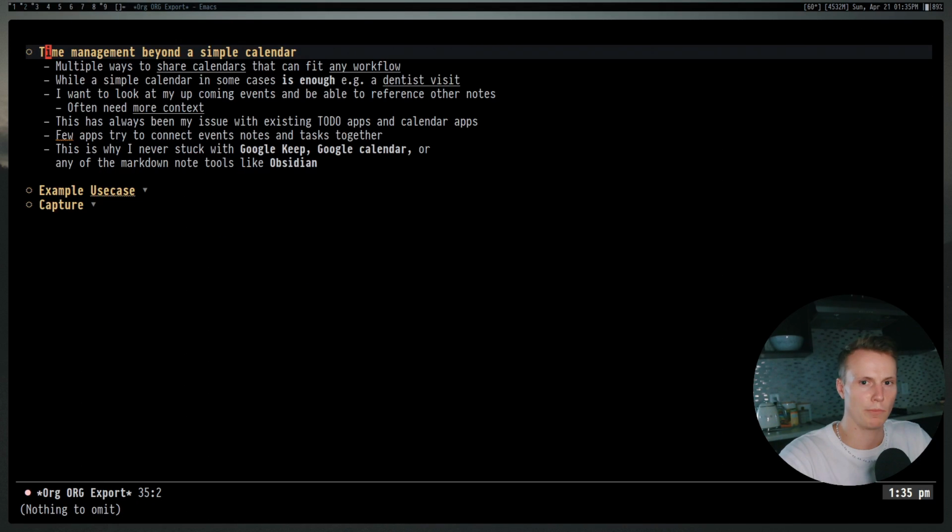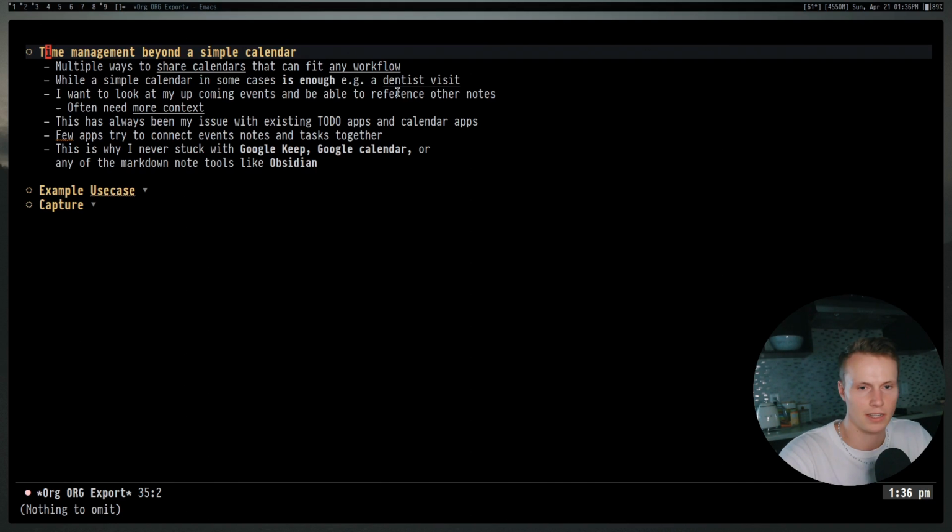Now, why don't we just use a simple calendar like Google Calendar or Apple Calendar or something like that? Well, in a lot of cases, it is kind of enough, but it isn't enough to fit every workflow. For example, if I want to share my calendar, sometimes there's an option for it, but other times there isn't. With org mode, there are literally thousands of ways that you can export, share different dates, share individual dates, share your availability, a bunch of different stuff. So that's always nice. But a lot of these options offer that. And in a lot of those cases, a calendar might be enough.